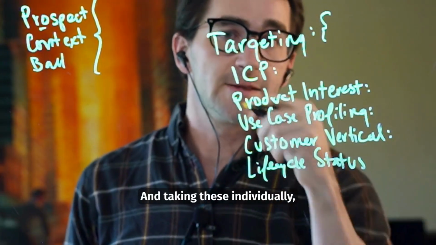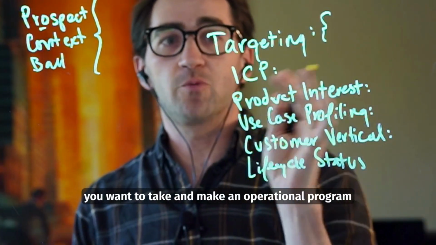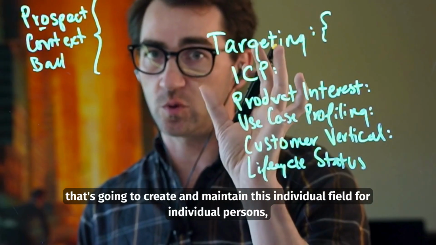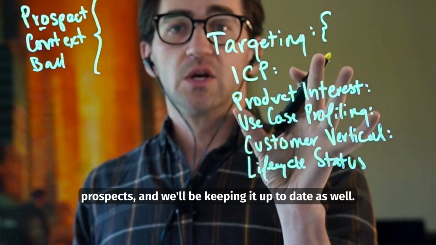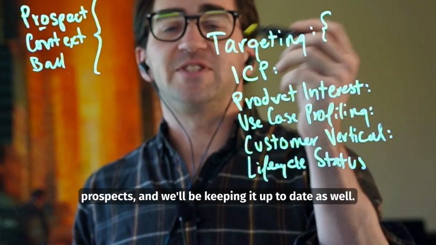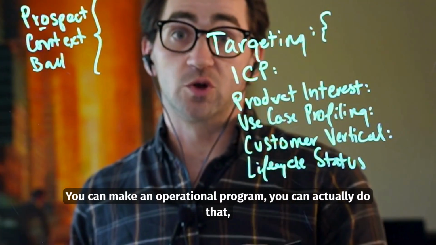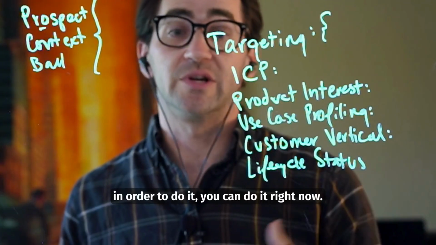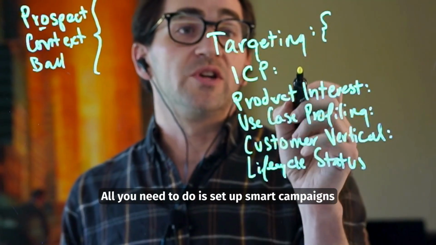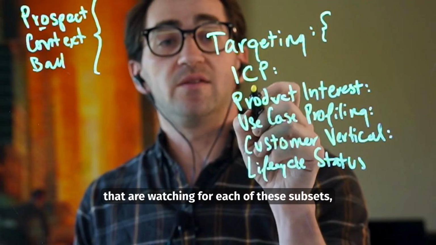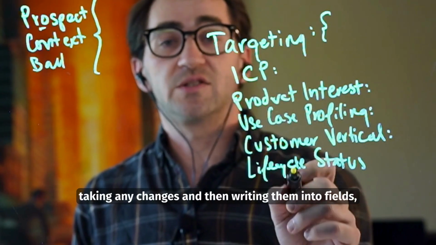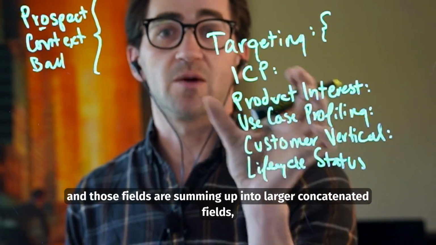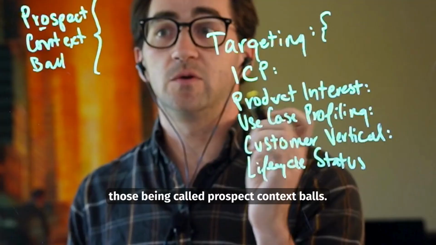Taking these individually, you want to make an operational program that's going to create and maintain this individual field for individual persons, prospects, and keep it up to date as well. You can make an operational program. You can actually do that. You don't need to pay Marketo or anything else in order to do it. You can do it right now. All you need to do is set up smart campaigns that are watching for each of these subsets, taking any changes and then writing them into fields, and those fields are summing up into larger concatenated fields,